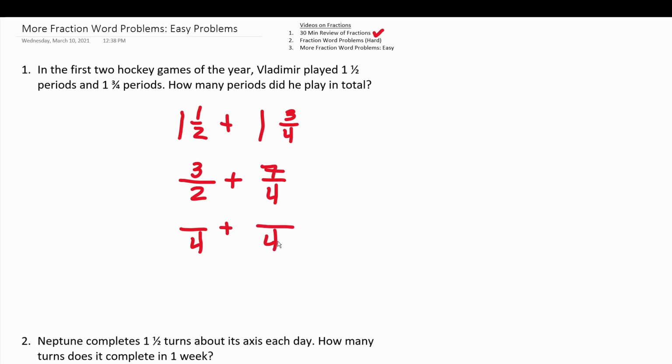7/4 already has a denominator of 4, so we're just going to copy that one down. To write 2 as 4, we're going to multiply it by 2, and we're also going to have to do that to its numerator. 2 times 2, of course, is 4. 2 times 3 is 6. And now that these fractions have the same denominators, we can simply add them like this. Again, the denominator does not change when you add fractions, but you just add the numerators together. So this becomes 6 plus 7 over 4. 6 plus 7, of course, is